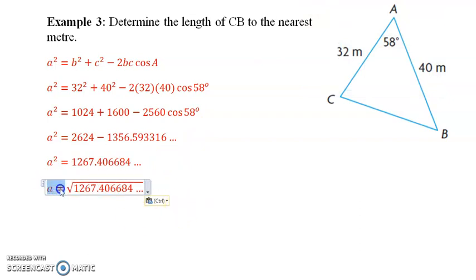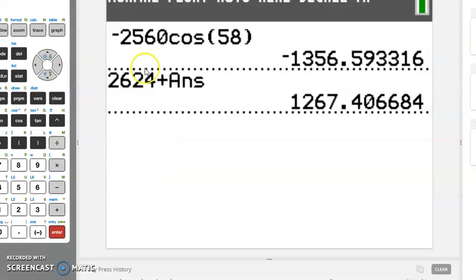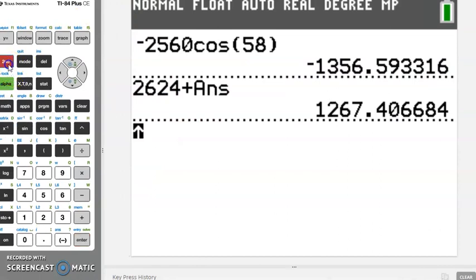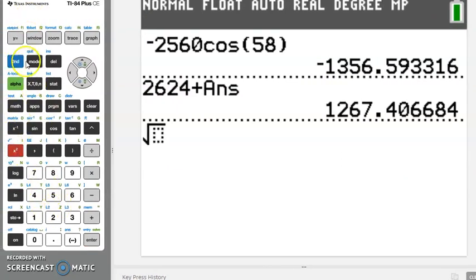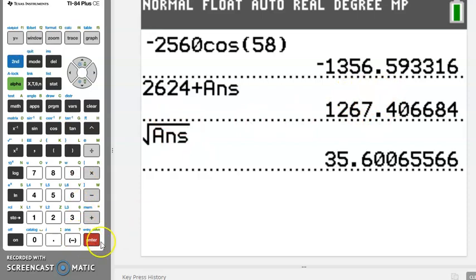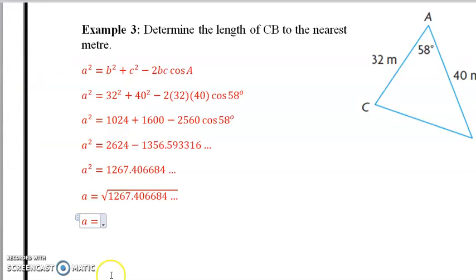Do that now for you in a minute. So remember, it's second function square root of that number, second function answer, so I'm taking the square root of this here. That's the answer. And I get 35.6006, and so on. And since it's to the nearest meter, that means that A is equal to,